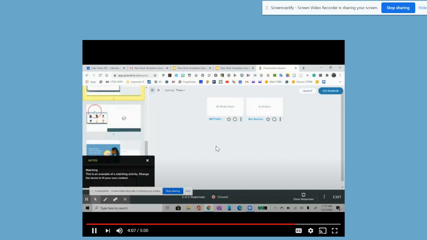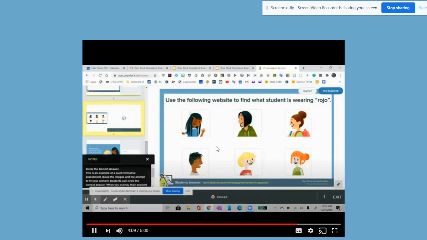Now this one, I actually didn't put a question at the end of it, but what this slide does when I did the web browser is they can only use that website, which is really amazing when you don't want kids to just Google something. When you want them to use a specific website that's maybe a little bit easier for children to use, something a little bit more on their level, that's really great. And it'll lock that website so they can play around for 5 minutes if they want to. But then once you're done, you can unlock it and you can go on to the next part,